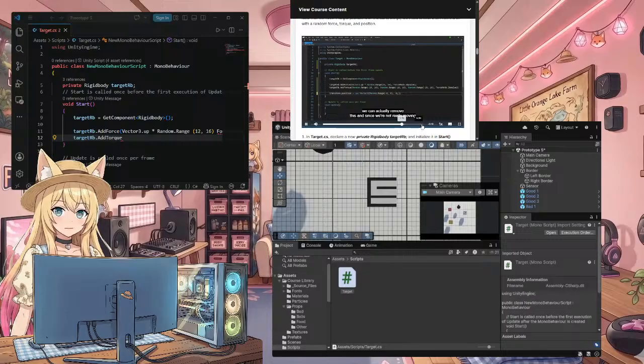We can actually remove this. And since we're not really moving anything on the Z in general, in this case, we'll set the X to be a random range. The Y will be -6, underneath what our player can see, and our Z is always just going to be 0. So what you're going to do is in your target script,